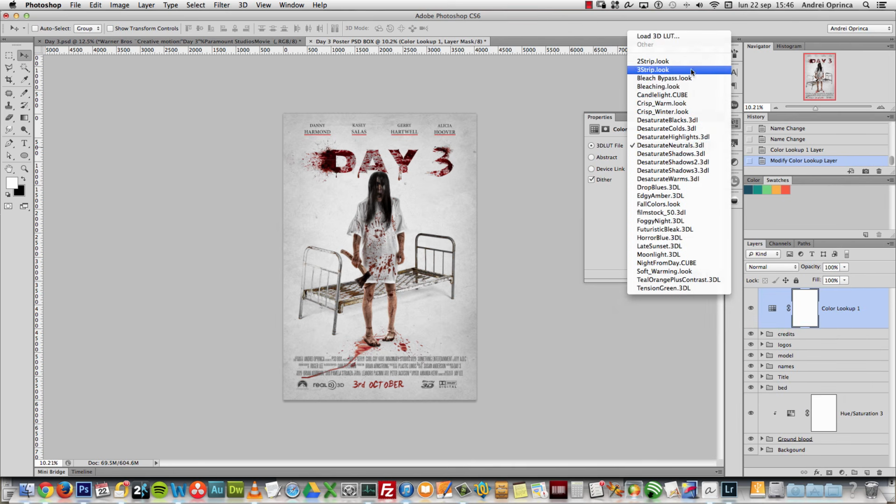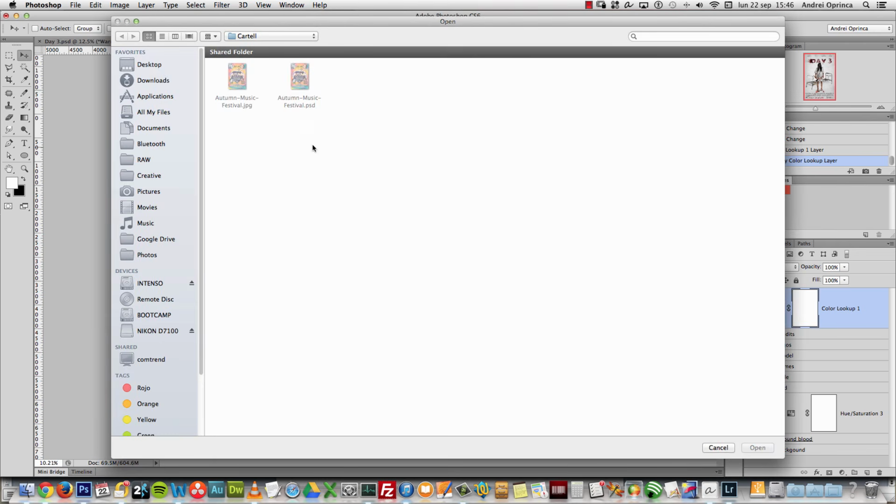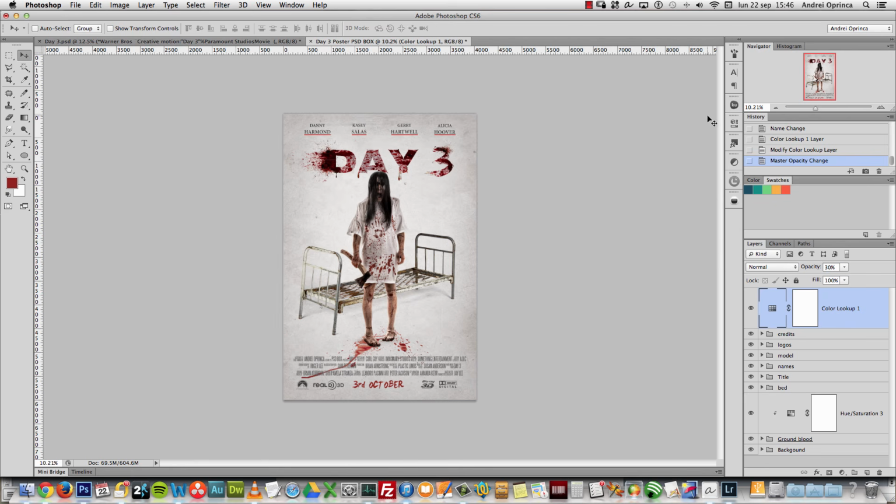It will appear here on this list, or simply go to load 3D LUT and wait for it to open, and you have an open window where you can locate the file on that folder. But if you want it to appear here on this list, you have to paste it in the folder I just showed you. So I set the opacity of this layer to 30%. Okay, so just to remove a bit of the color from the neutrals, from the midtones, and then I'll duplicate that